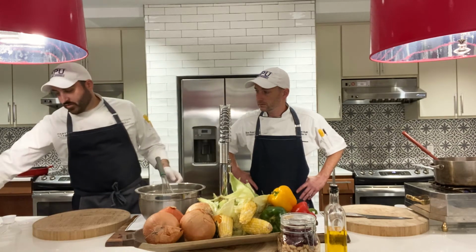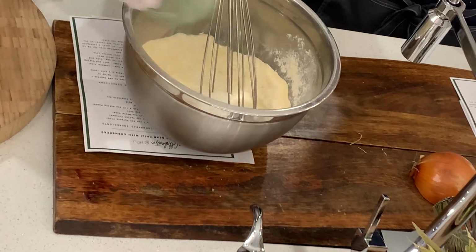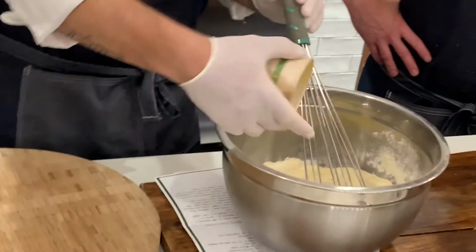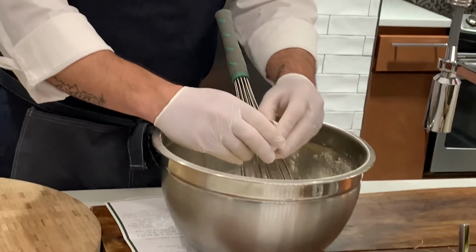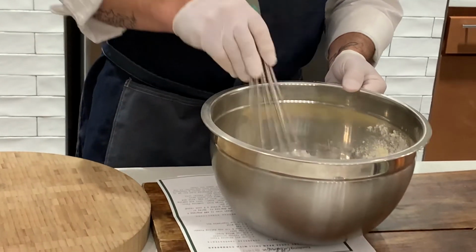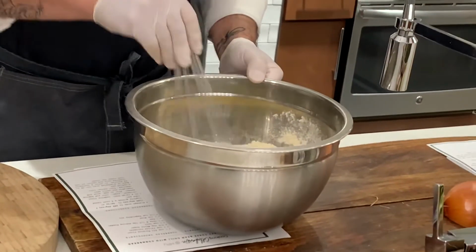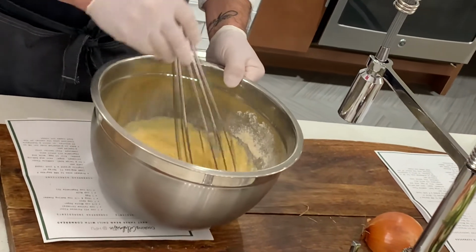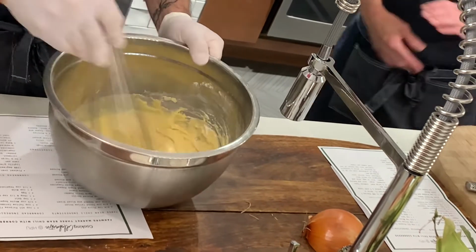And then next what we're going to do is add our wet ingredients, which is our milk. We're going to use oil. And then crack 1 egg. And then we just whisk this all together till it comes together in a nice thick consistency. You want to be careful not to add too much milk because if it becomes too runny, it won't set up the way you want it to in the pan once you put it in the oven. So whisk,